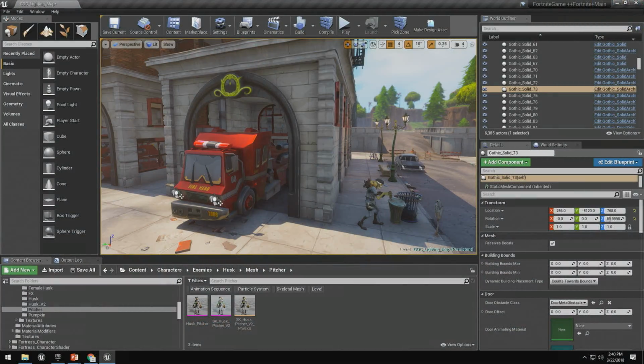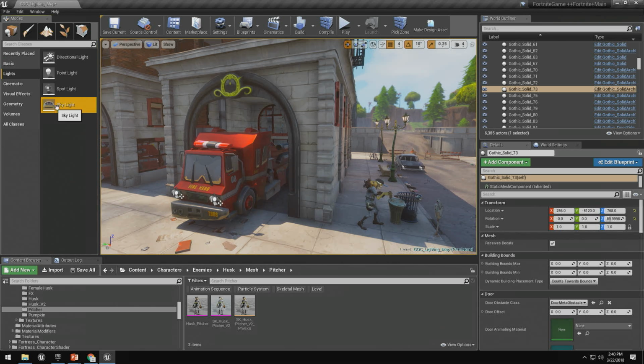Traditionally in our games, we pre-calculate this in Lightmass, because it'll do it for you, or we use screen space ambient occlusion, which is actually a post-process trick that uses normal maps. However, with distance fields, we can calculate this in real time in 3D, and it actually looks really good. Now, to set it up, if you wanted to use it in your scene, you need to first turn on distance fields. We covered that. And then you would just place a skylight into your scene and set that skylight to movable. So it's got to be a fully dynamic skylight. I'm not actually going to do that because there's already one in my scene.